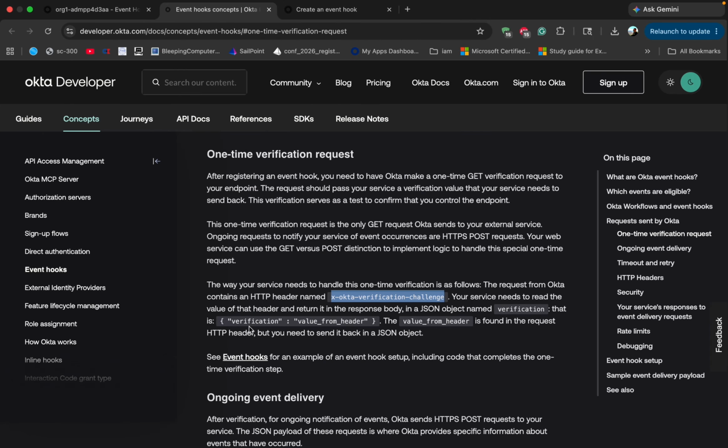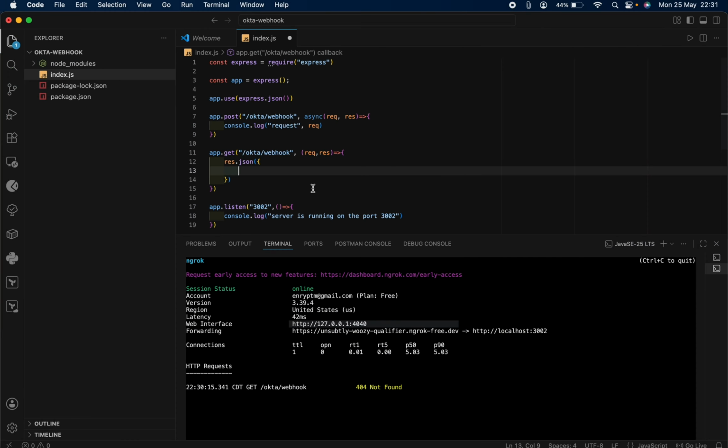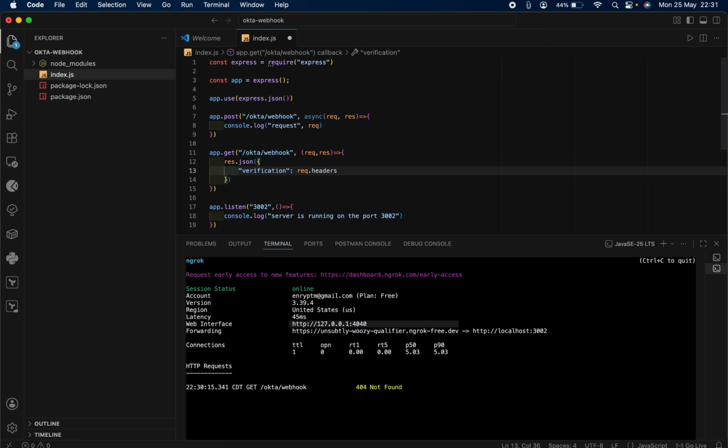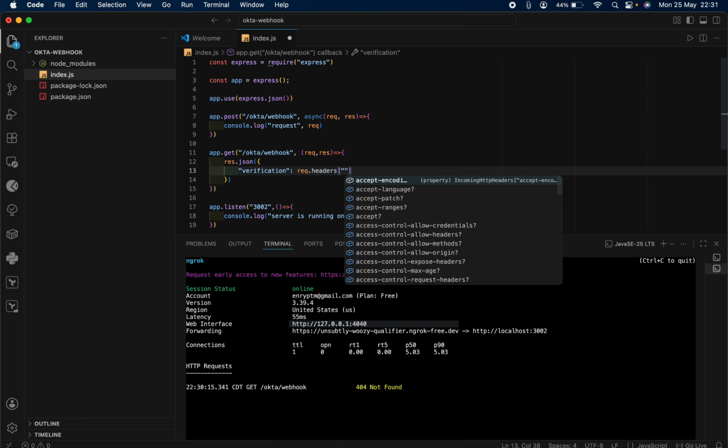It accepts this format, verification value from the header, and the header value is request.headers